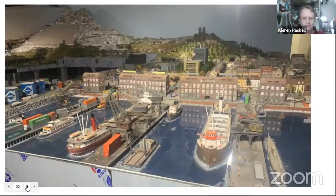This was one of the other large scenes on the layout, the harbour scene. Most of the boats here have a mechanism to make them rock up and down, where we have a piston arrangement, much like on a steam engine or an internal combustion engine, turning, but in reverse. So we've got an electric motor turning, pushing them up and down at 4 points,